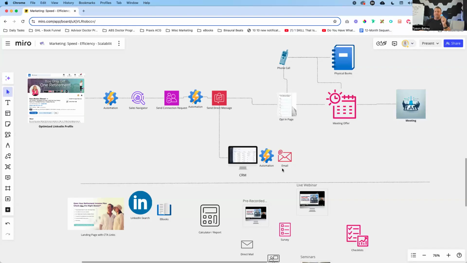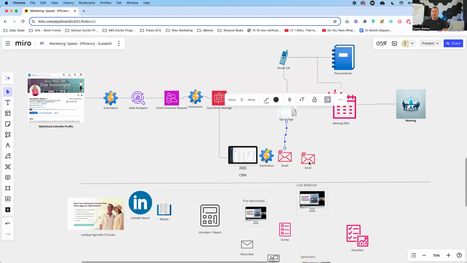So with this initial email sequence that goes out to somebody, you want to make sure that you are as value-based as possible. You are positioning as much value as you can right out the gate, so that they understand that you're not just selling to them, that you are actually there to help them out. You are there to be a resource and a tool that they can lean on and rely on in order to solve their financial pain points.